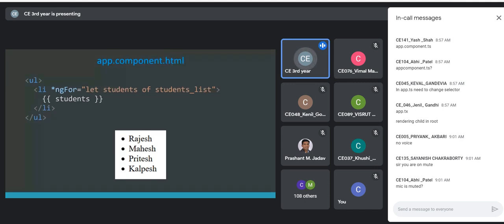And this is the code wherein we can get the student list. We can use it to iterate through the lists.